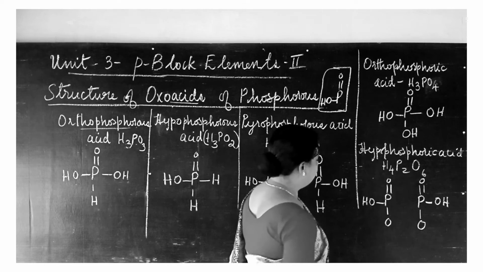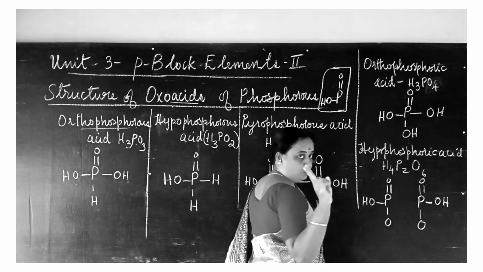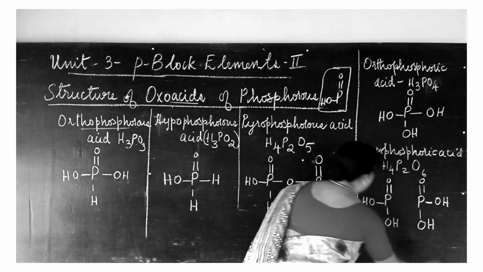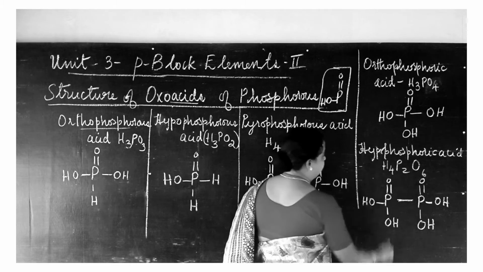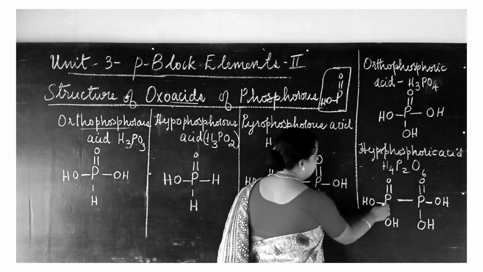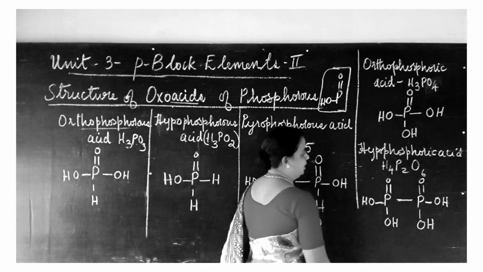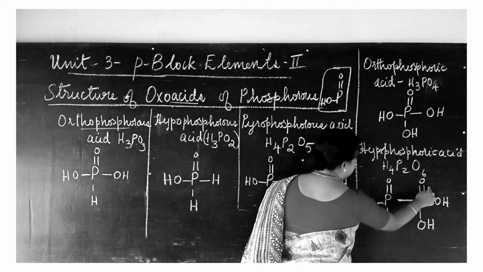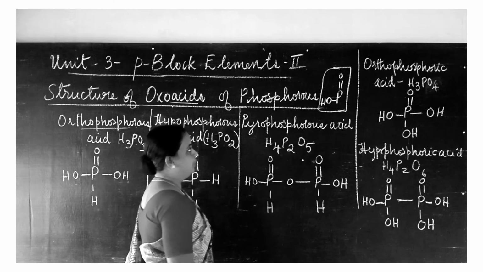Okay. Now let us look into the hydrogen atoms. So here 2 hydrogen atoms are there. Remaining 2 should be there. So one I place over here. Another I place over here. Okay. And a bond is placed between these 2 phosphorus. So likewise 5 bonds are present surrounding each phosphorus atom. 1, 2, 3, 4, 5. Now for this phosphorus 1, 2, 3, 4, 5. Okay, so that is your hypophosphoric acid.